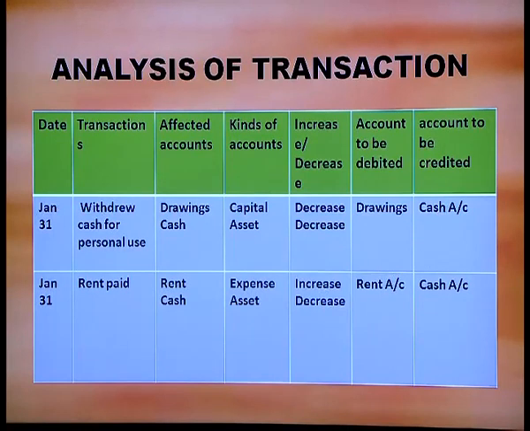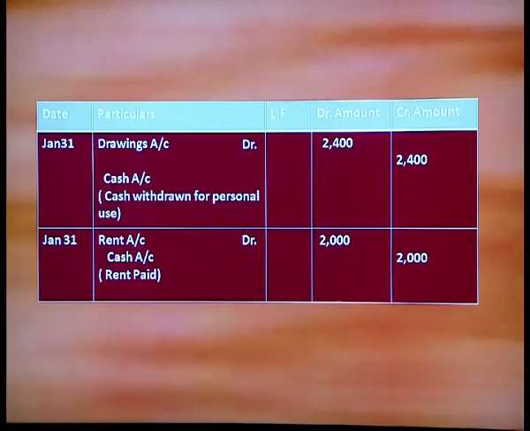Next transaction, rent paid. Affected accounts are rent and cash. Rent being an expense is increasing. Rule for expense account: when expense increases, it is debited. Cash is going from the business, that is, cash can be included under asset account. Asset is decreasing. Rule for asset account: when asset is decreasing, it is credited. So, cash account is credited. When we write in the journal, it can be in this form: drawings account debit to cash, rent account debit